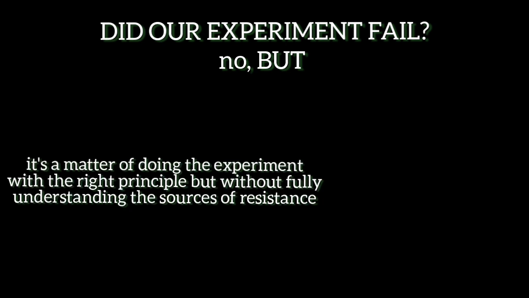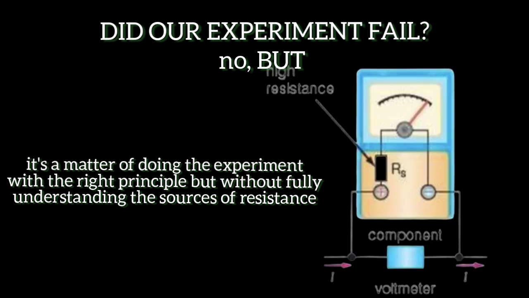Okay, so now we'll come to the most important part of the experiment, which is why does it fail? Now the truth is it doesn't actually fail. Our procedure is right, our theory is right, but the thing here is that our R value is supposed to be 100 kilo ohms, but what happens is that the voltmeter, which is connected in parallel across the capacitor, has an internal resistance which, when connected in parallel, gets connected to the resistor in the RC circuit.